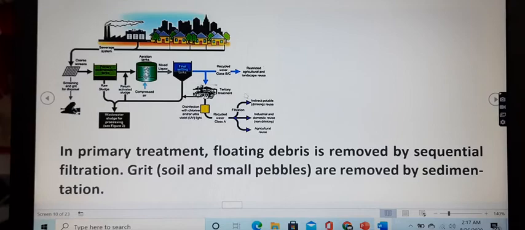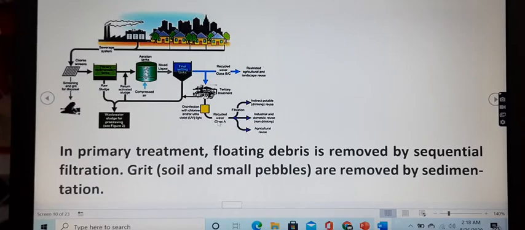Then this is the tertiary treatment, third level treatment, and in this treatment disinfection with chlorine and or ultraviolet rays is done. Then this recycled water, which is called class A water, goes for filtration, it is indirectly potable for drinking. This is going for industrial and domestic reuse. It is not used for drinking. And this one is going for agricultural reuse, which is also not meant for drinking.